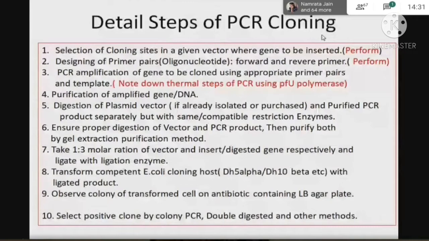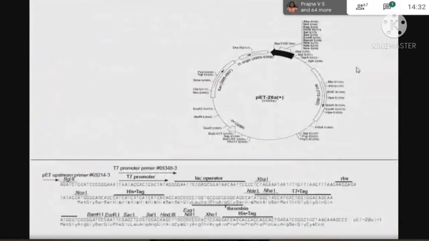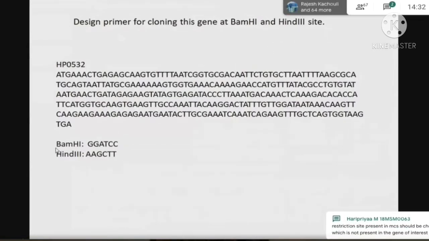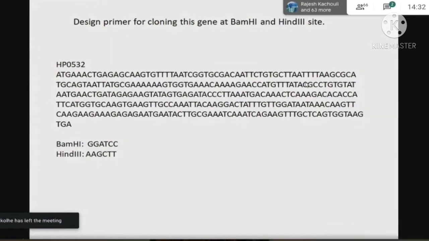So among the restriction sites present in the MCS, we can choose those restriction sites which are absent in our gene. Out of the many sites we have as options in the MCS, I have already described that we have several restriction sites. So out of these, we can choose two. But which two? For directional cloning, we need two. Which two can we choose? The sites which are absent from our gene. In our gene, that restriction site should not be present.